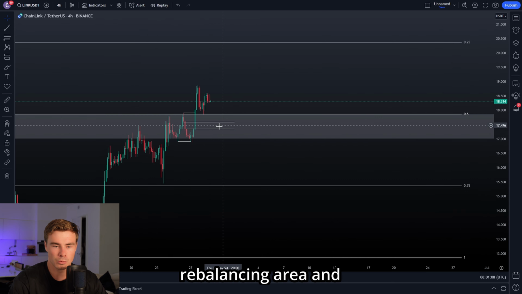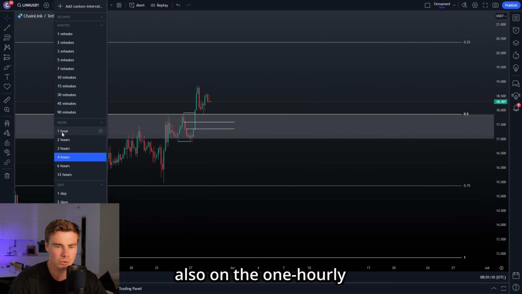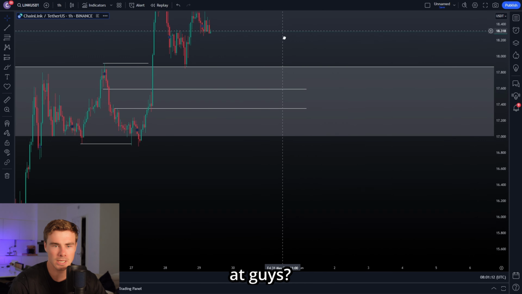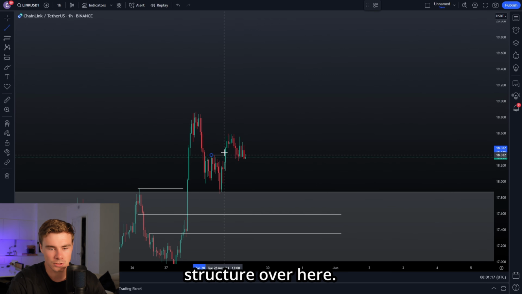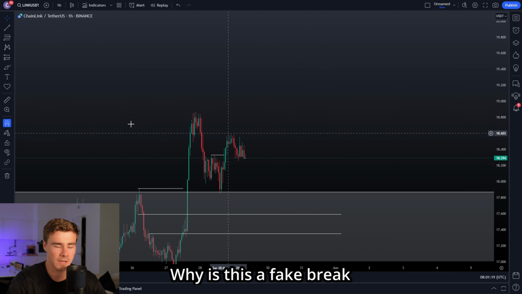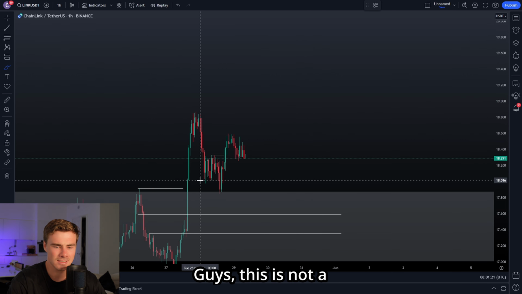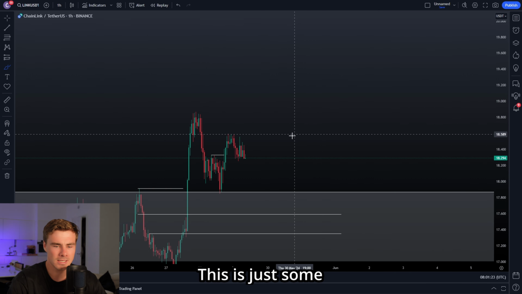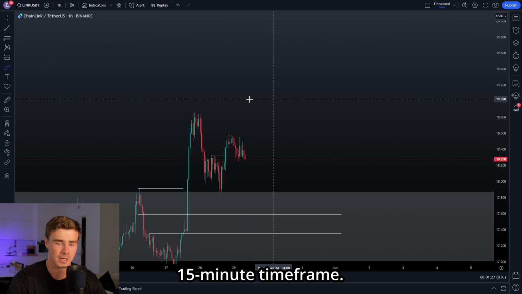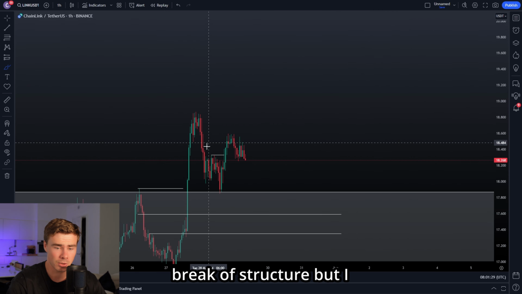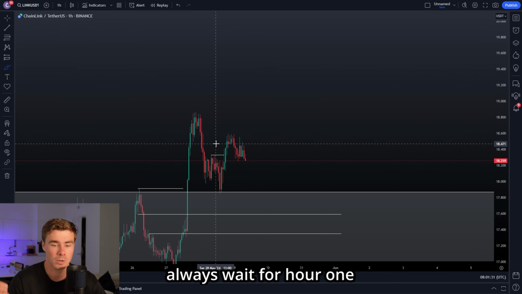Now we have this rebalancing area, and also on the 1-hourly time frame, what are we looking at, guys? We are looking at a fake break of structure over here. Why is this a fake break of structure? Guys, this is not a lower high. This is just some consolidation and a bit of a push up. On the 15-minute time frame, it might be a valid break of structure, but I always wait for hour 1+